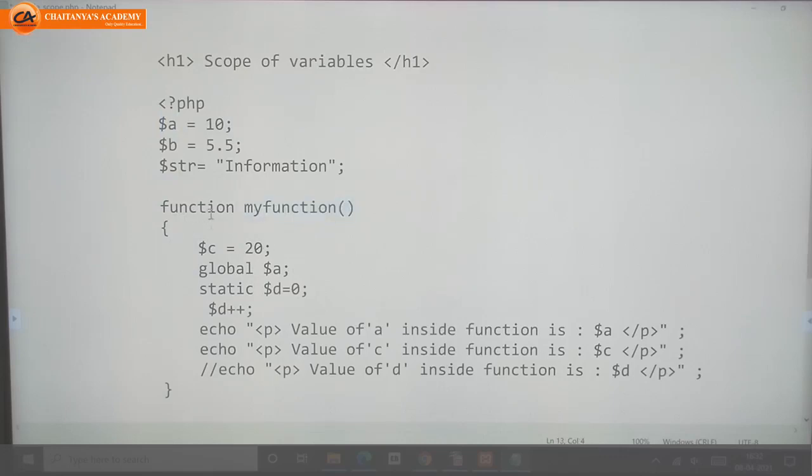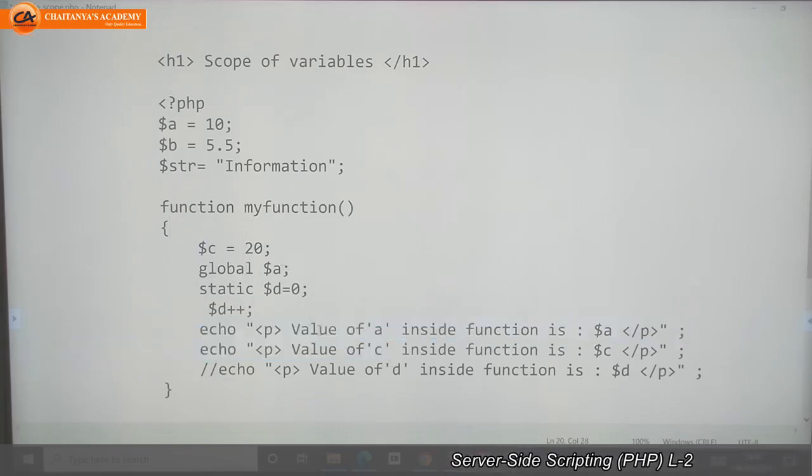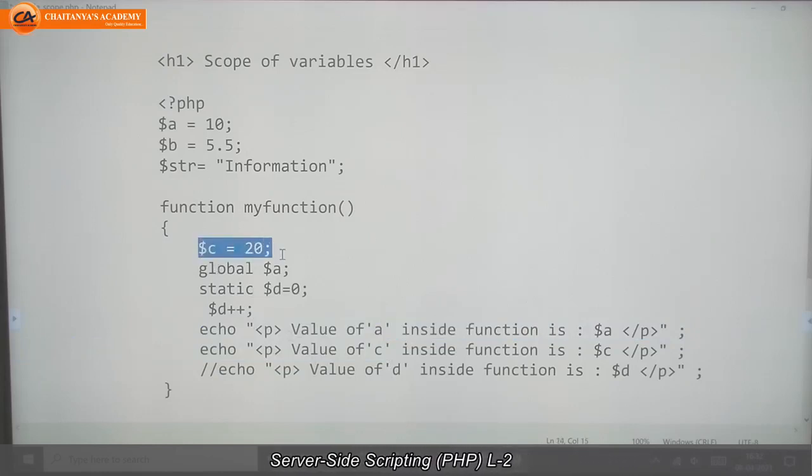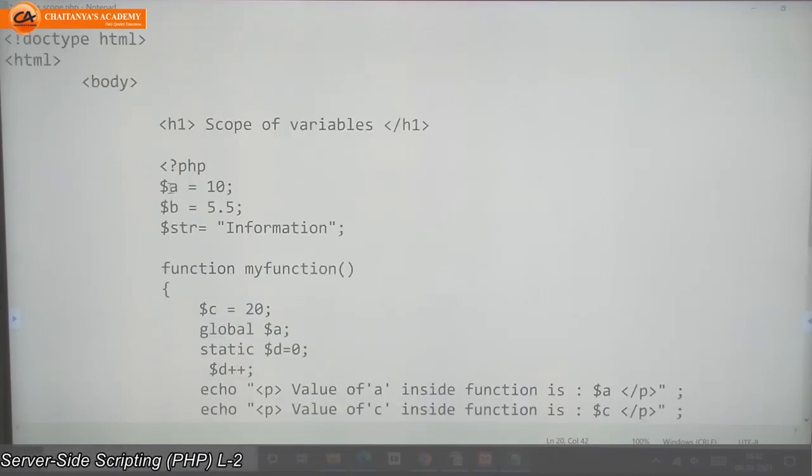I am going to write the code for this function inside curly braces. I want to declare variables and then print the value of those variables. Just keep it in mind.